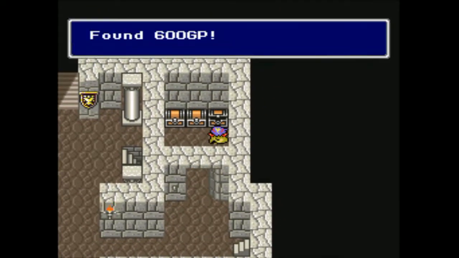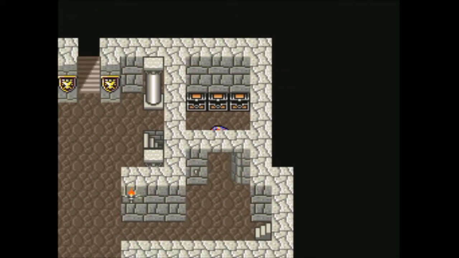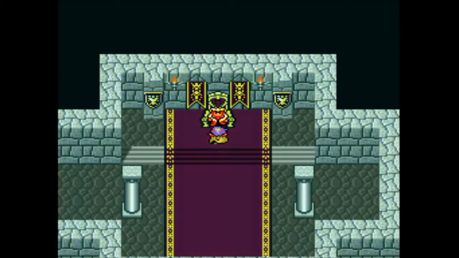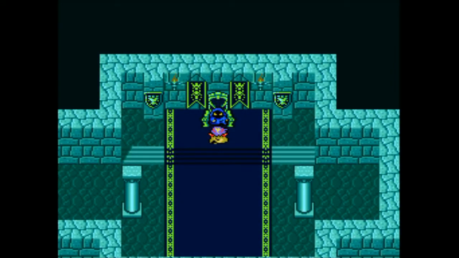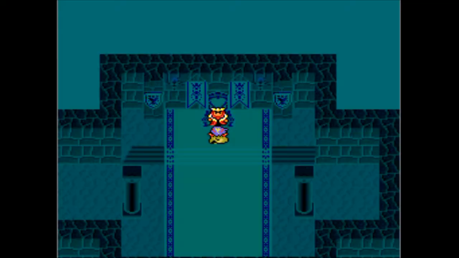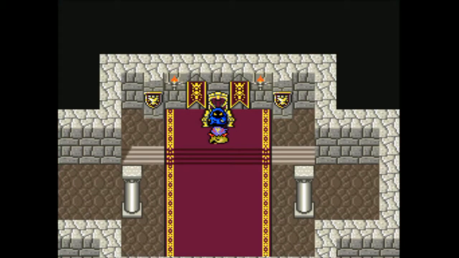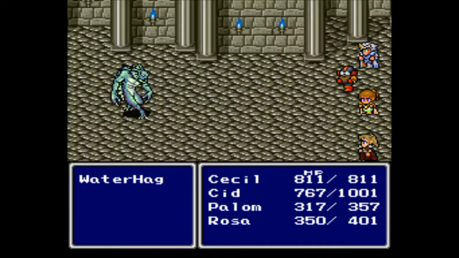Grab these treasure chests at least. I'm not going to go all the way over to the Odin spot quite yet. That's either Water Hag or Fabul Gauntlet. Let's hope for Water Hag. Gauntlet's fine, but...